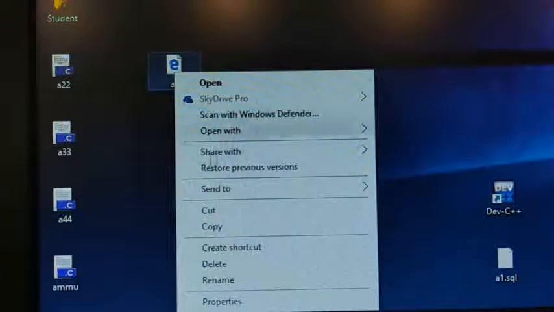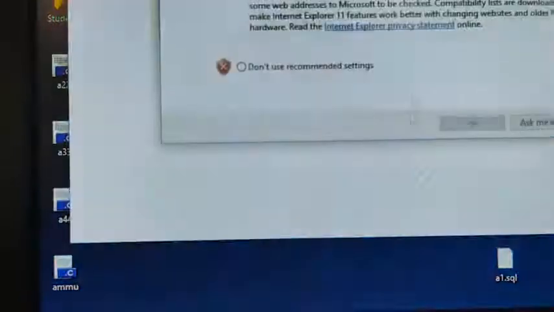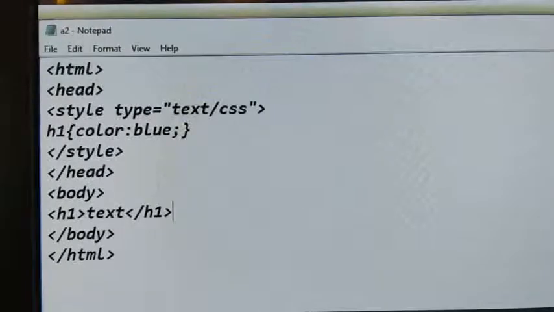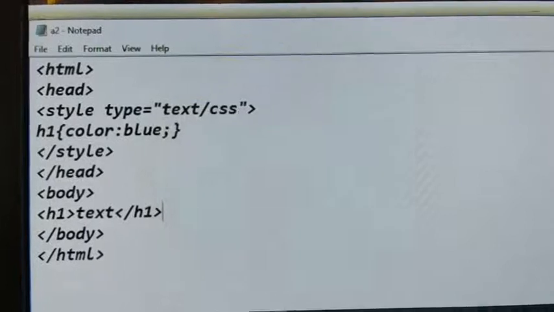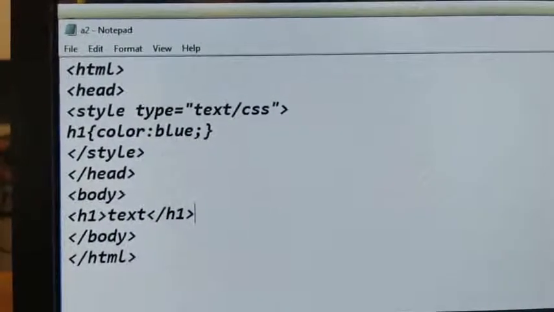Just open with Internet Explorer. So this is the HTML selector. In the body section I have given only the h1 tag, and whatever properties you have given for that h1 tag will be applied. Okay, this is an HTML selector.